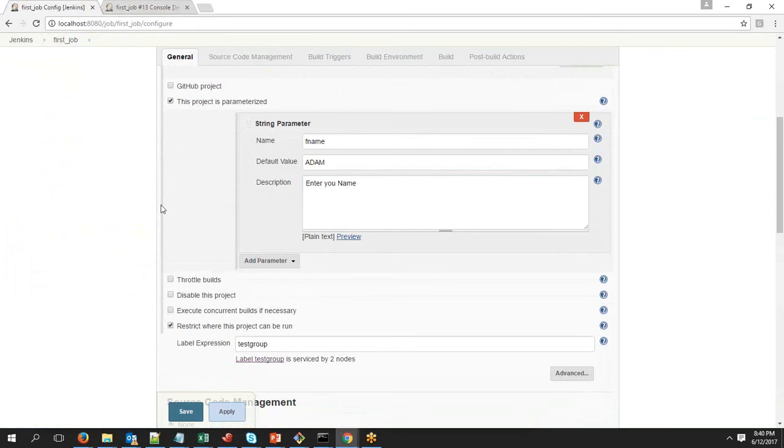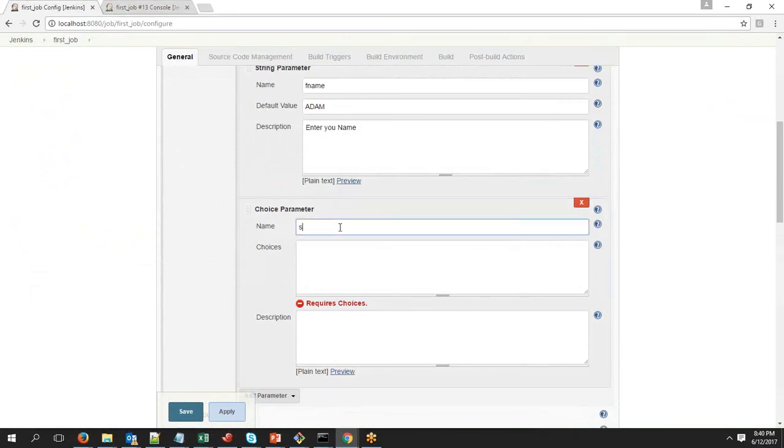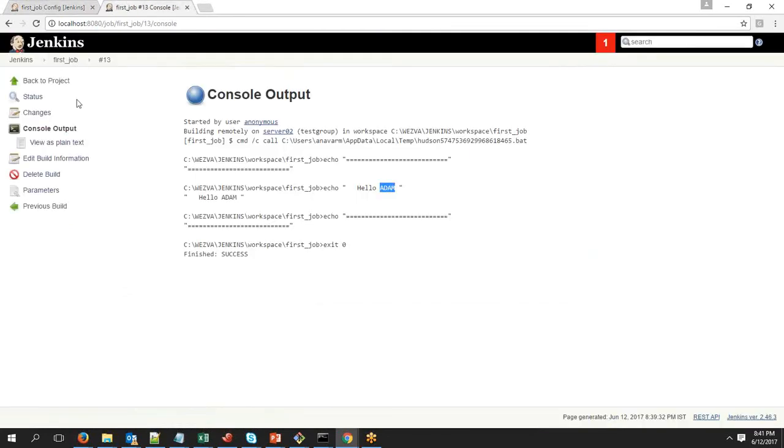Suppose you have a requirement where you don't want to just ask the user to enter a value, but you want to give him a choice to choose multiple values, or to choose a value based on what you give. Then there is one more parameter called the choice parameter. So here, let's say sname represents second name, and whatever values you want to give, you can put up here. So let's say the second value that I want to put, like this. Okay, and now if you apply and you refresh this,